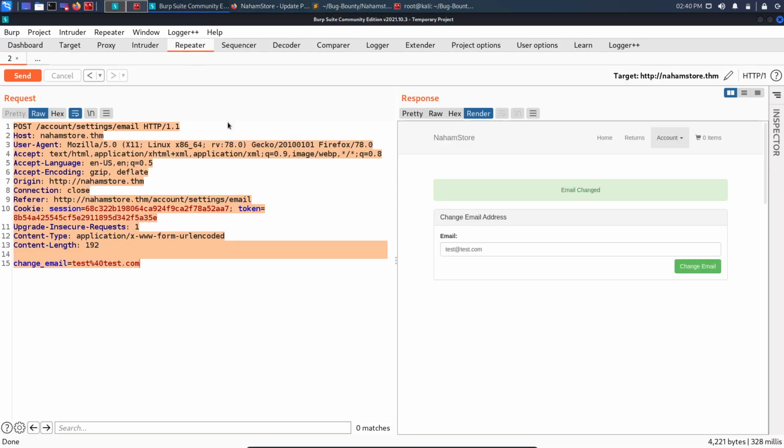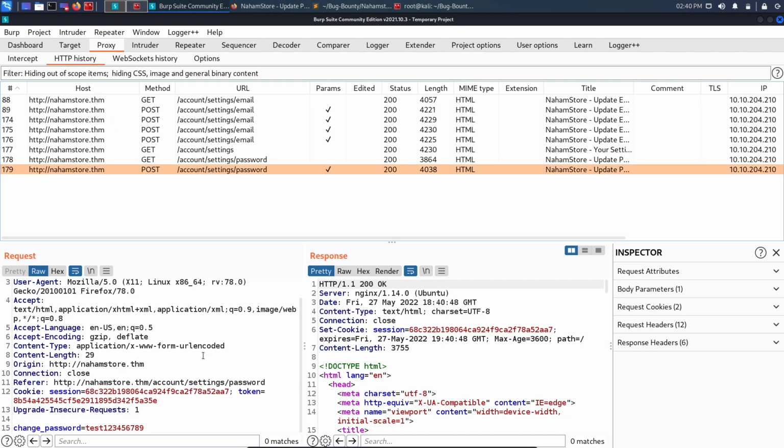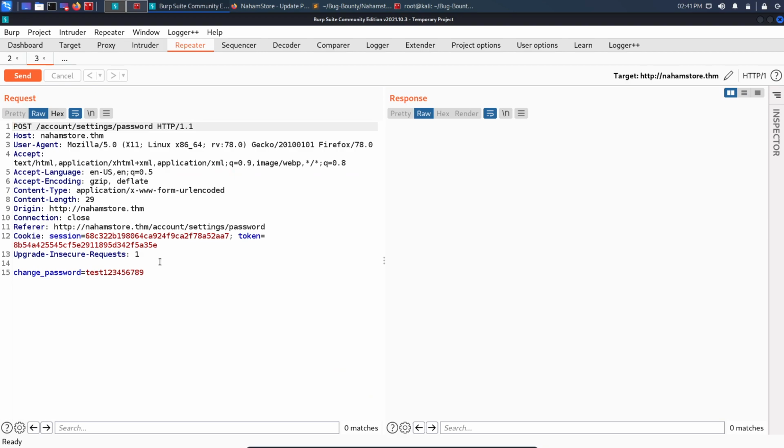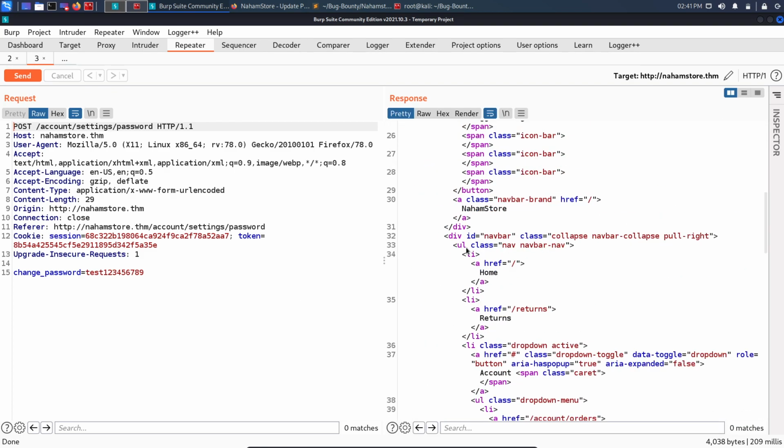So let's come back to our BurpSuite. In my proxy HTTP history right here, this one, I will send this request to repeater, and right here you can see again this change password functionality is not having a CSRF token. Now this is not having a CSRF token, so 90% or 100% chances are that this is vulnerable to CSRF. So what we can do is, again, first of all I will click on send, and then I will directly